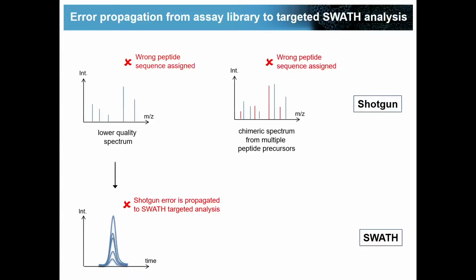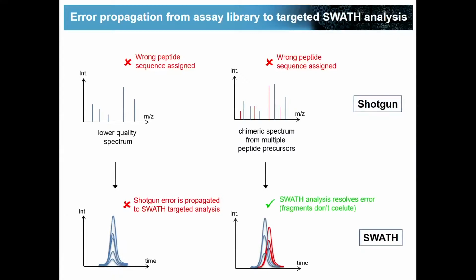It's possible that some types of errors that occur in the DDA analysis would be resolved. For example, here's a chimeric spectrum where the fragment ions arise from 2 different precursors, and that's the reason why the search engine has misassigned this sequence. So here we have a mistake again in the DDA analysis, but for a different reason than over here. Now if we go to the DIA data, you hope that this might be resolved because these precursors might not coelute, right? Then OpenSWATH, for example, will be trying to reconcile that all these fragments come from a single peptide precursor, but actually they're separated in retention time, and then it would get a bad score, and this error would essentially be resolved. But the problem is we don't really know the prevalence of these different types of errors. So it seems like the position we should take is to make sure that we have